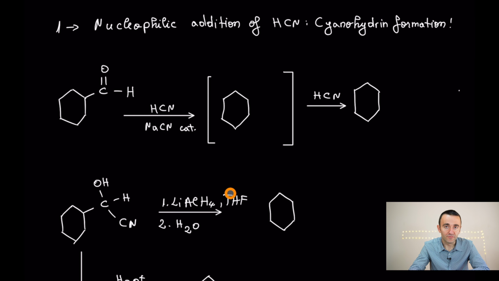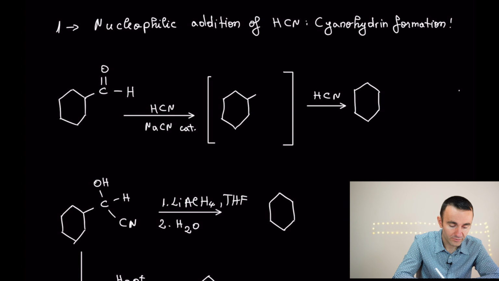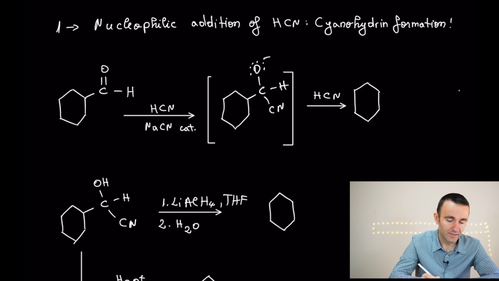The first case of nucleophilic addition that we are going to discuss is cyanohydrin formation. If we treat an aldehyde or ketone with hydrocyanic acid in the presence of some salt of this corresponding acid, sodium cyanide, as a catalyst, what are we going to form? We are going to form again the alkoxide, and the cyano group is going to attach here, and after that there is going to be protonation by hydrocyanic acid to form the cyanohydrin,